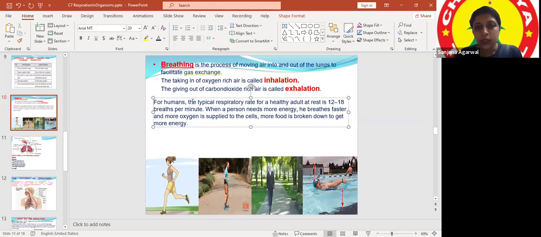That's fine. So when a person needs more energy, while we are running or doing any task which requires more energy, then the number of breaths per minute increases automatically, because the task requires more energy. Our body is trying to get more oxygen. That's why we automatically tend to breathe faster. Whether the body undergoes aerobic or anaerobic respiration, it just tries its best to convert and give us energy. Okay.